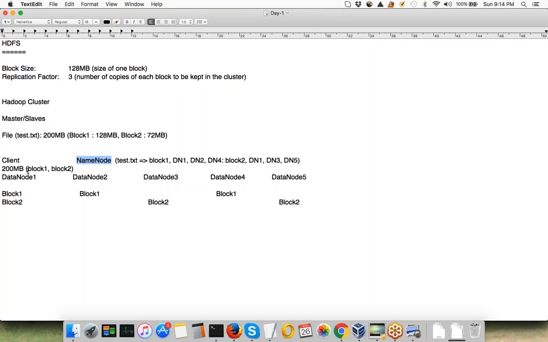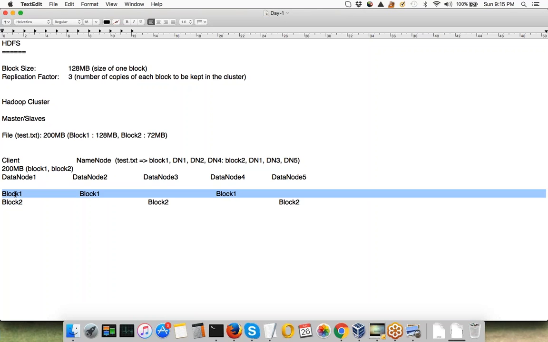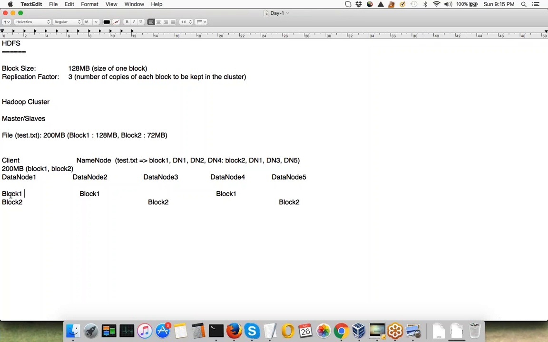The name node will tell the client, okay, write your block 1 on data node 1, and write your block 2 also on data node 1. After that, it is the responsibility of data node 1 to transfer block 1 to one other data node, right? And after that, it is the responsibility of that other data node to transfer the same block to one more data node. Eventually, there will be 3 copies of every block in the cluster.